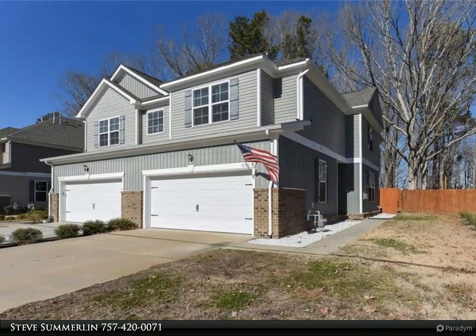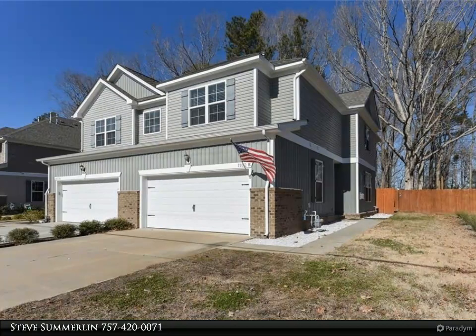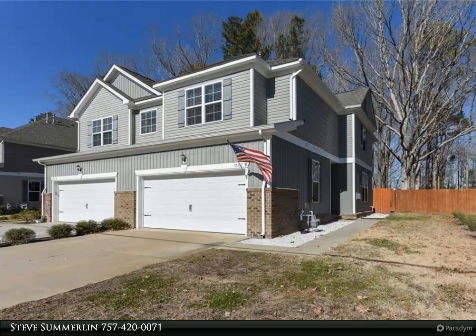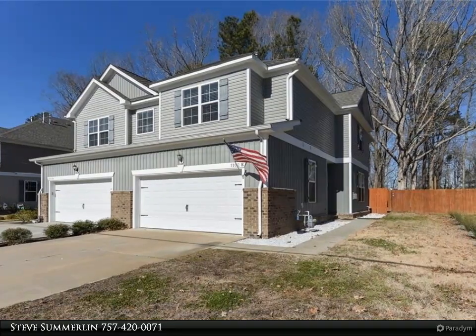Fantastic rental in Ocean Lakes. Live minutes to Oceana/Dam Neck and a short drive to the oceanfront. At entry, you'll love the open floor plan, wood floors and classic essential gray look of this 2-story, 3-bedroom, 2.5